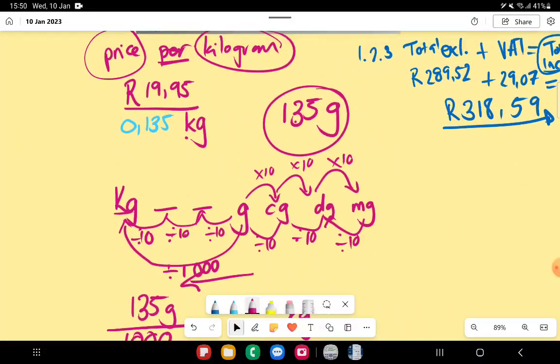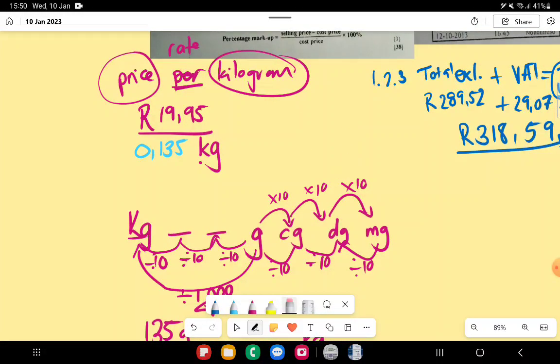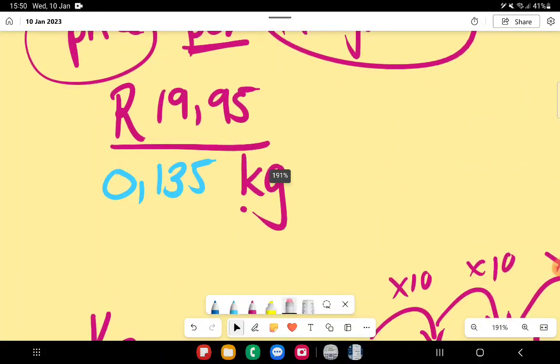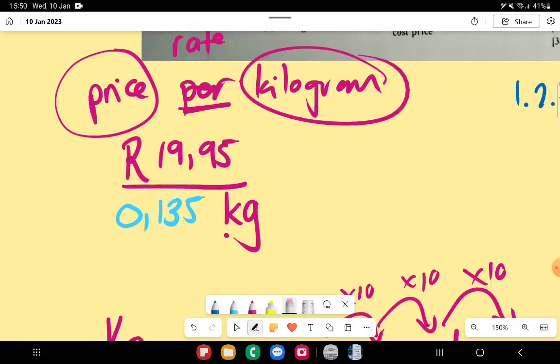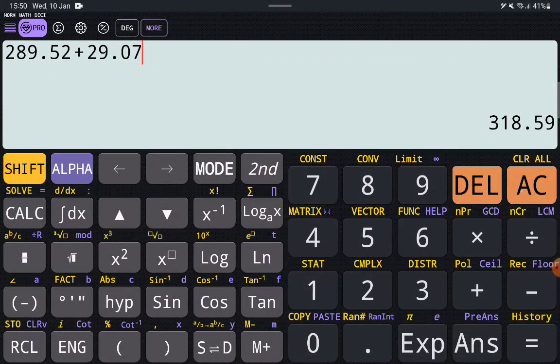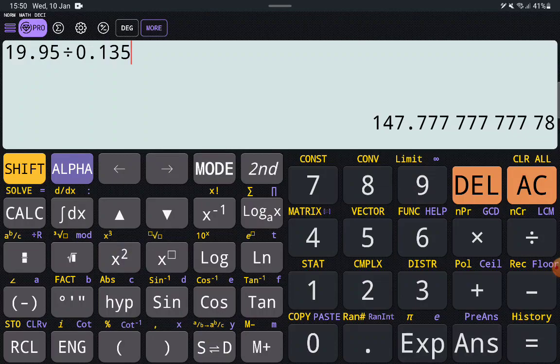Now let's answer the actual question. Okay, so the question says, what is the rate per kilogram? And what they're asking you is, how much does 1 kilo cost? And let's input this data into our calculator. So we said it is 19,95, and we're dividing that by 0,135. The answer is going to be